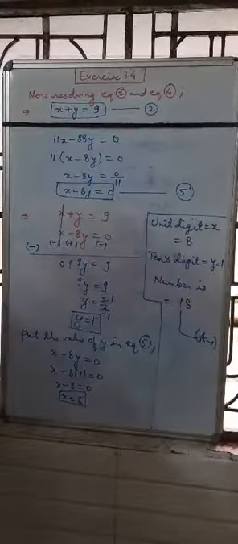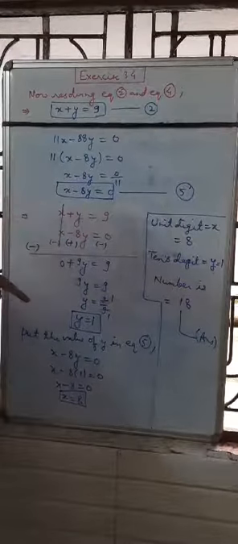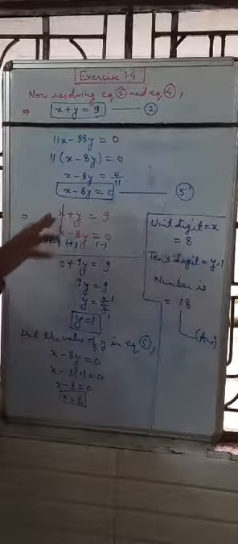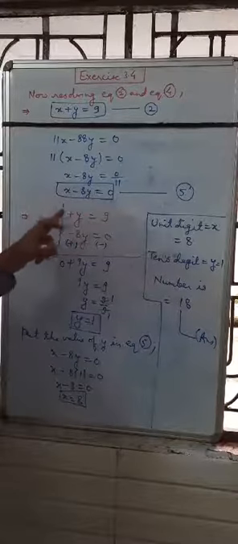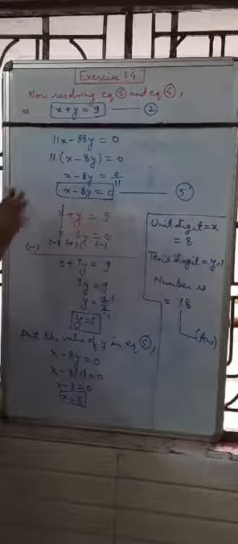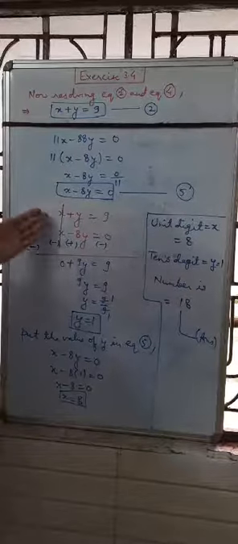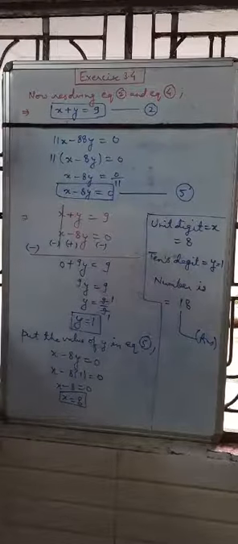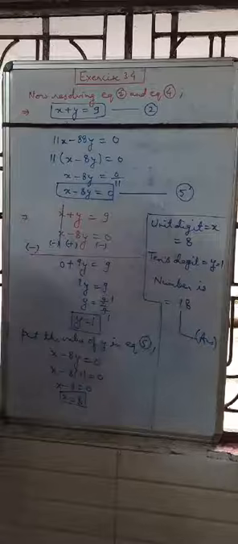Before solving the problem, you need to know how to solve a linear pair of equations by using the elimination method. We have to make the coefficients of either x the same or y the same, and do the subtraction as well as addition. In some cases you have to do addition. So we are getting y and x here.